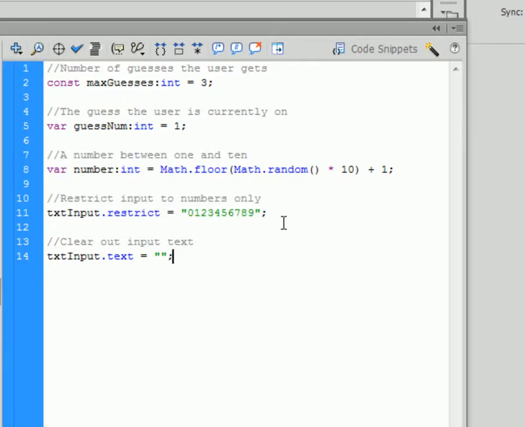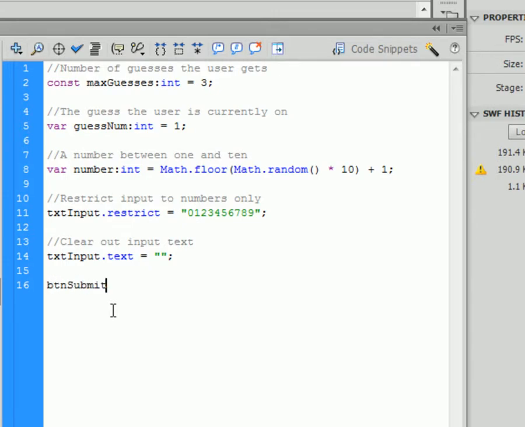So what's the next thing we need to do? Well, we want our user to be able to click, right, and submit their input. So let's add the event listener for our click on our button. So what did we call our button? We called our button btn submit, and we're going to put dot add event listener, say mouse events dot click is what we're going to listen for. And we're going to call this submit input. Okay. So now that we created our event listener and we're telling it to look for the function submit input,